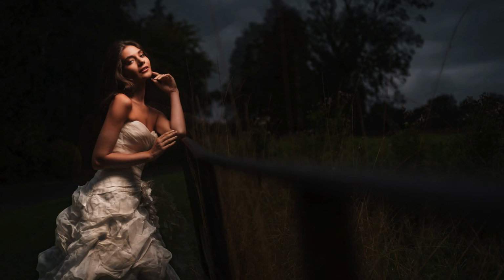create really dramatic portraits. Now, I know that there is this sort of misconception almost that you can't use off-camera flash quickly on a wedding day because it takes too long to set up. So in this video, I'm going to try and squash that by showing you that you can create really dramatic